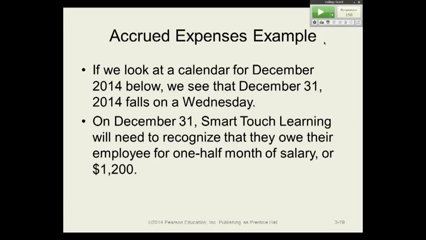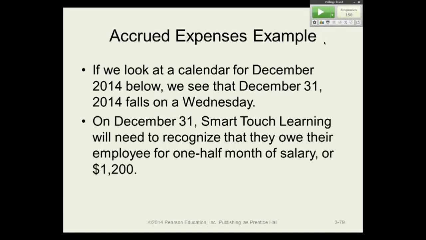And they're going to pay a monthly salary of $2,400. Now, the way they pay it is a little bit strange. They pay it on the 15th of the month, but the first day of the next month. So the way it will work is that you're going to have a very interesting looking calendar because December 31st, which is the last day of the year, falls on a Wednesday,